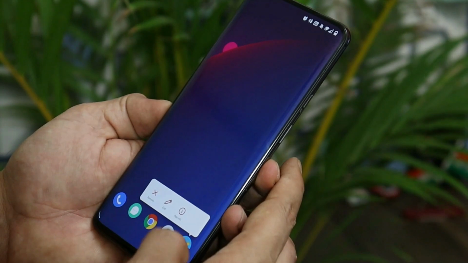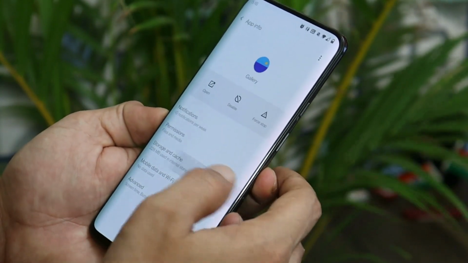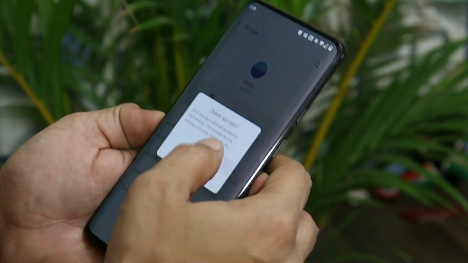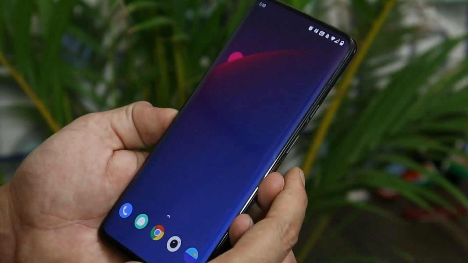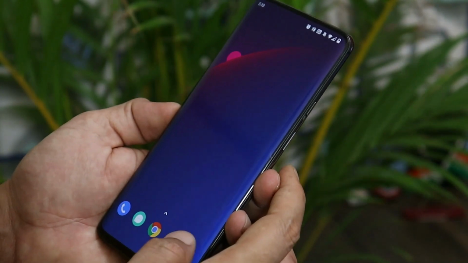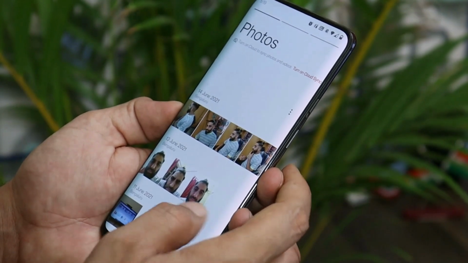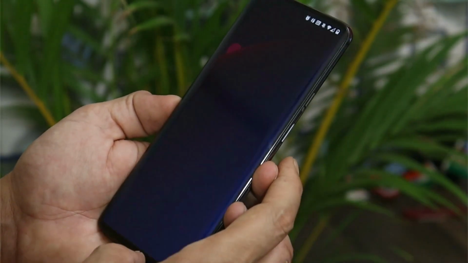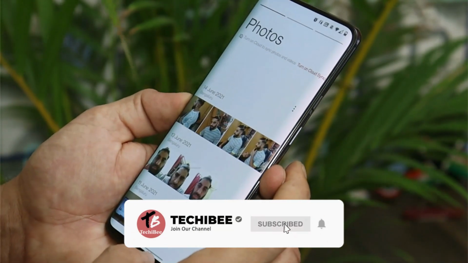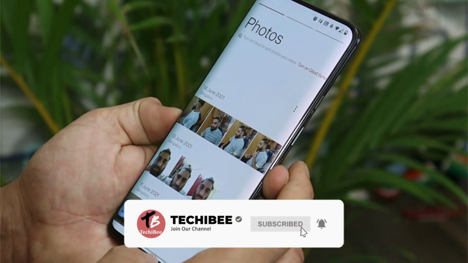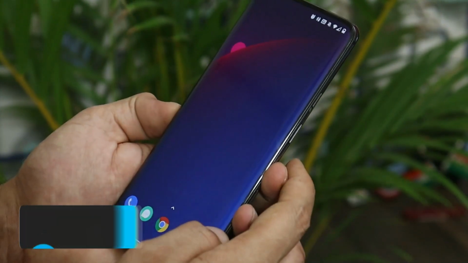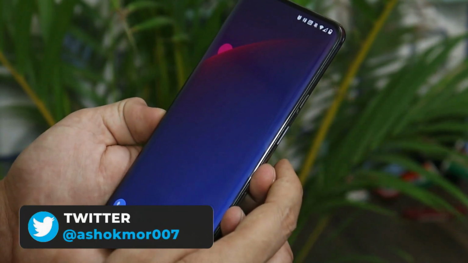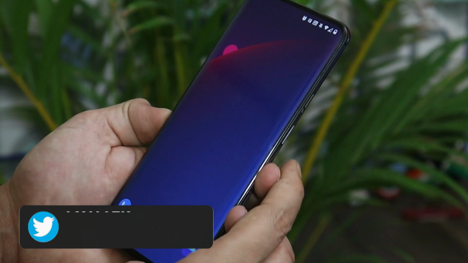Once you install the application, make sure to clear the cache and the data of the application. Once you do that, you'll for sure see a slight difference in the loading speed of photos in the gallery. So as you can see here, there are no delays to be seen in the loading speed of photos in the gallery application. You guys can try out this application and let me know in the comment section below whether it improves the loading speed of photos or not.